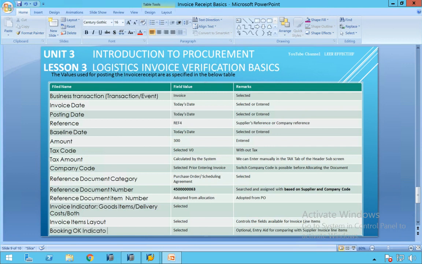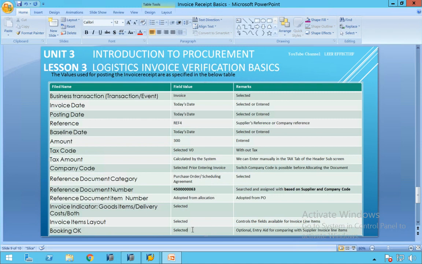Optional entry 8 is for comparing with the supplier invoice line item. Okay, we have done that.